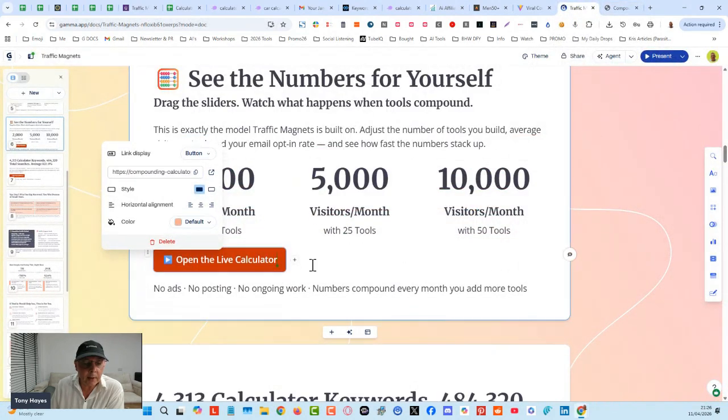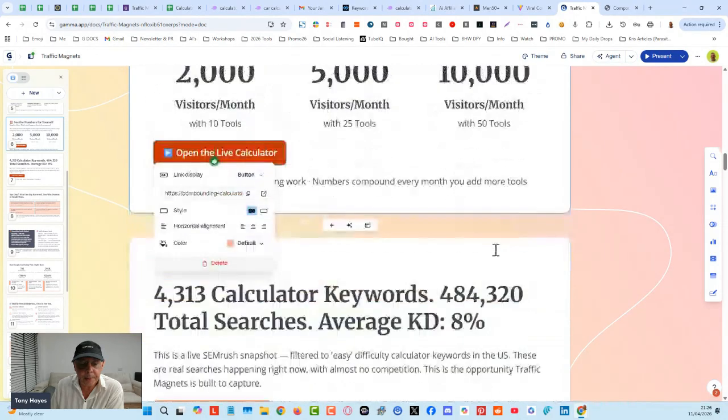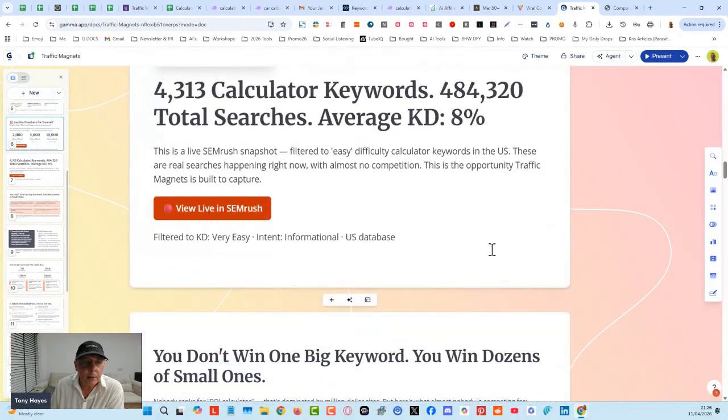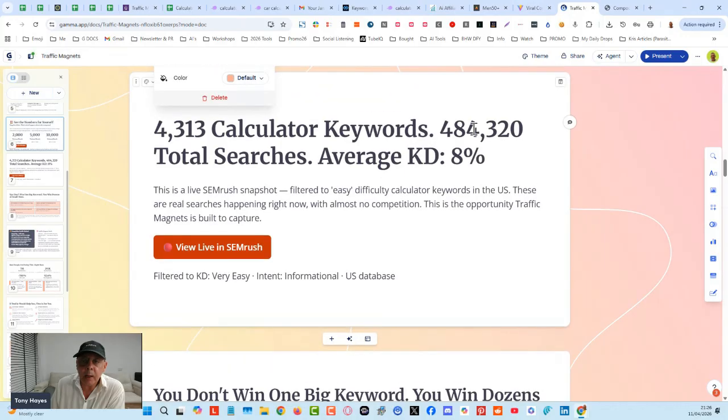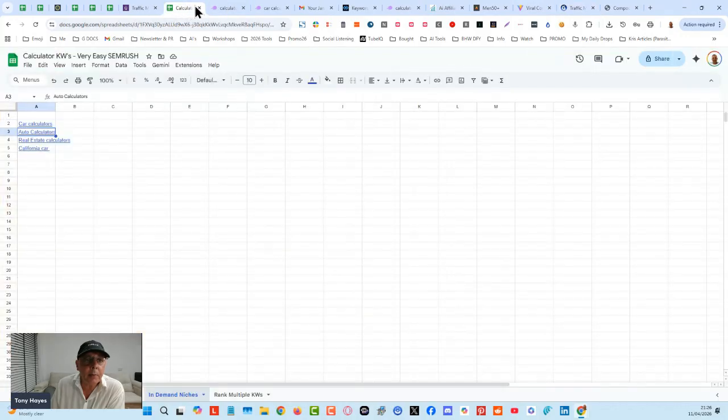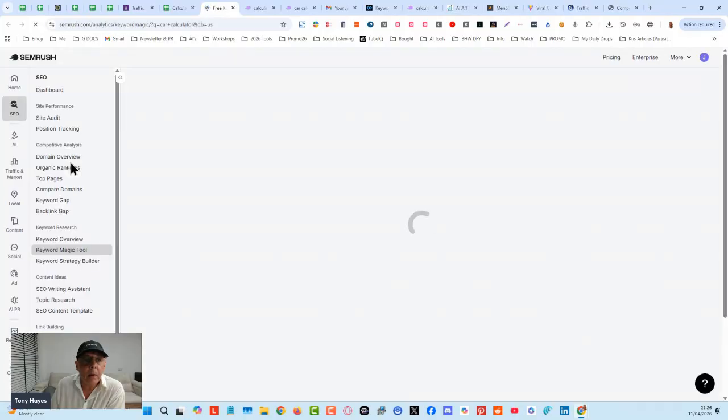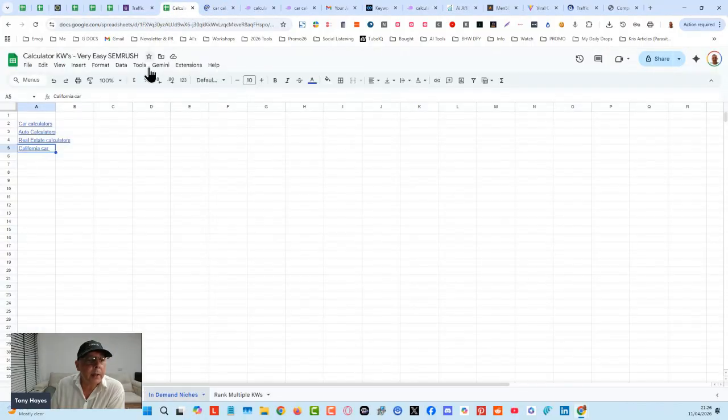Let me just try and get rid of that pop up here. So if we've got a website, say for example, we take a website, I saw one earlier, let me just go and find this one here. I think it was California, or was it Texas? Let me just check another one quickly.